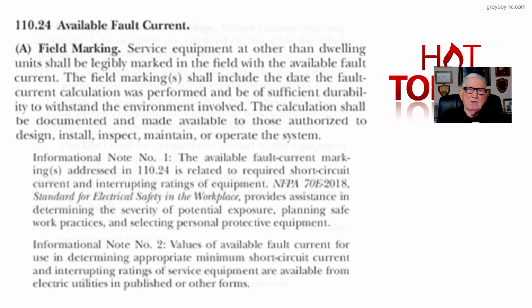Now, the next section I would suggest you look at is 110.24(A), as in apple. It's on page 49 on the right-hand side of the page, and it has a title head Field Markings. And then, of course, it basically talks about this available short circuit current on the service equipment and any other type facility except a dwelling unit that is stated there. And then it has an informational note on page 50